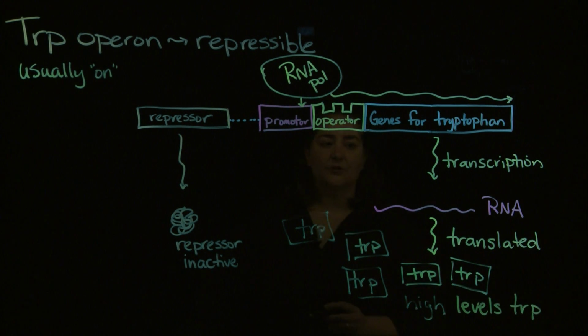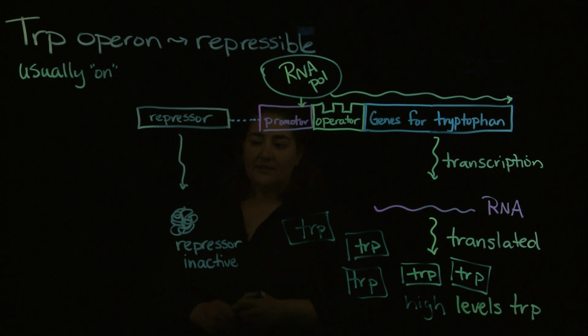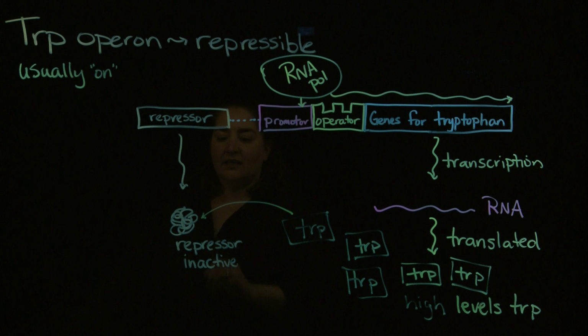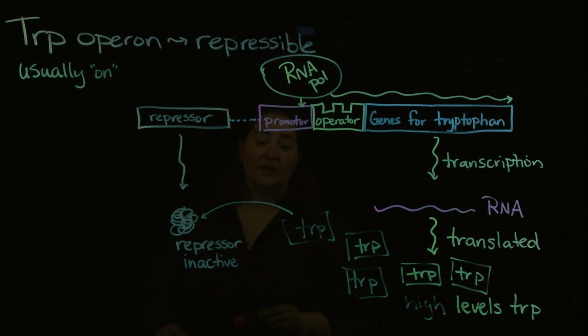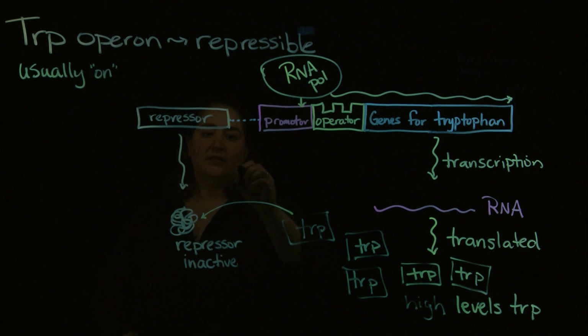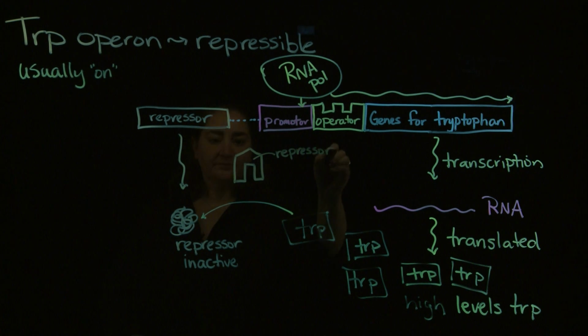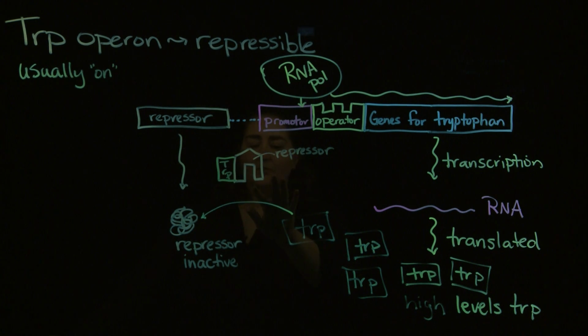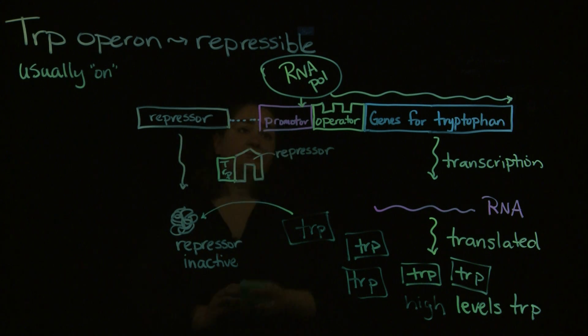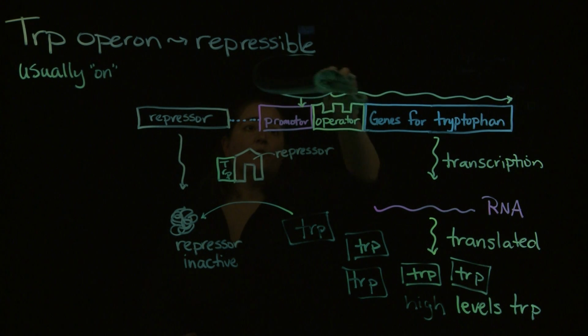So we've got high levels of our tryptophan. What that does now, our tryptophan can interact with our repressor protein. And what that's going to do to our repressor protein, this is our repressor. This now, we'll put this over at the side here. This is our tryptophan. It's going to result in a conformational change on the repressor. Now what can happen? That repressor is the right shape, in the right form,